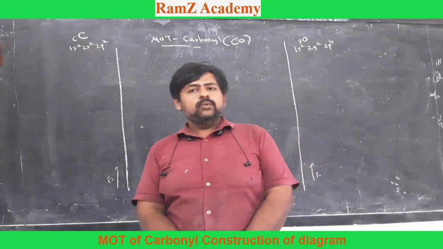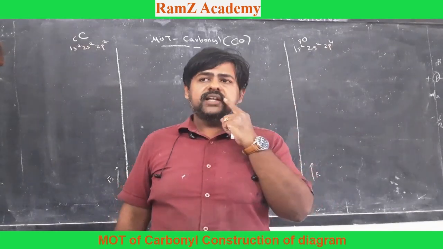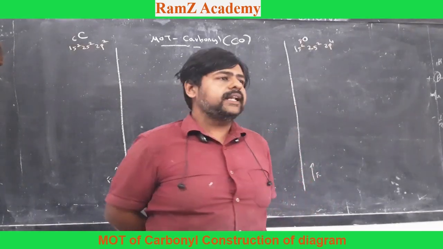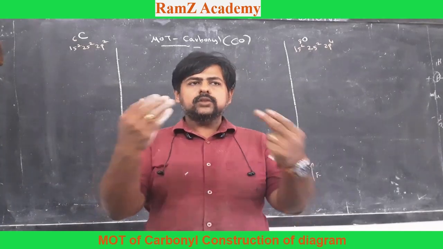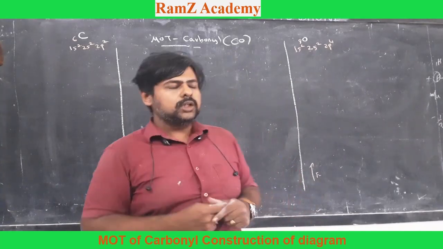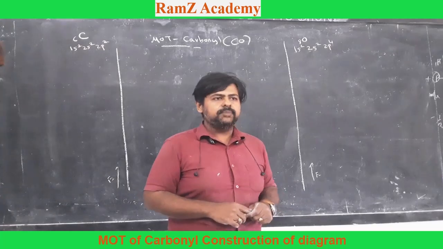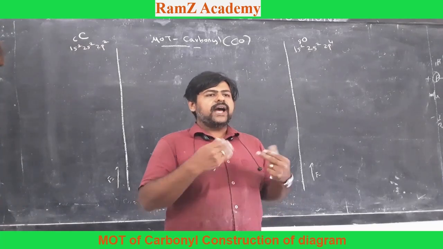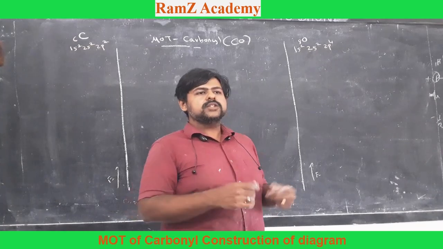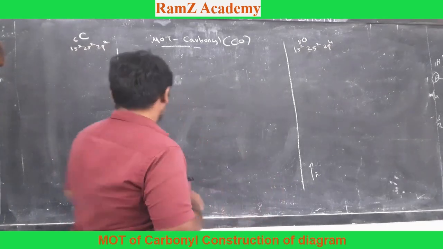I would also like to recollect one more point, that the energy of an isolated electron is 0. As the electron gets closer and closer to the nucleus, the energy of the electron becomes more and more negative. That means it is losing its energy. So as it comes closer to the nucleus, the energy is going to be very much negative. Okay, so now let us start.